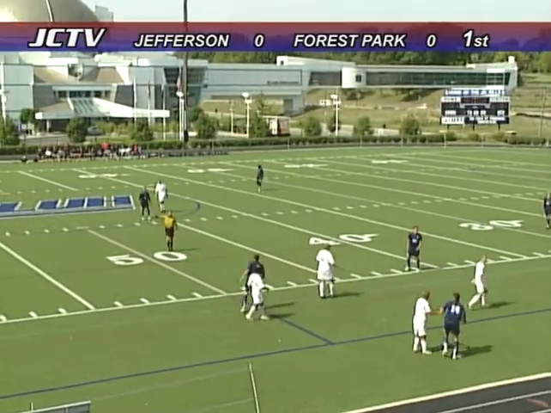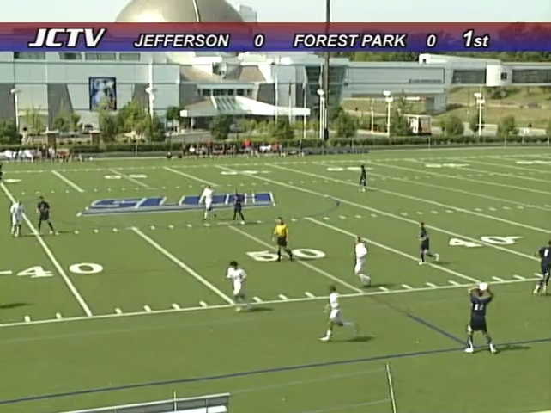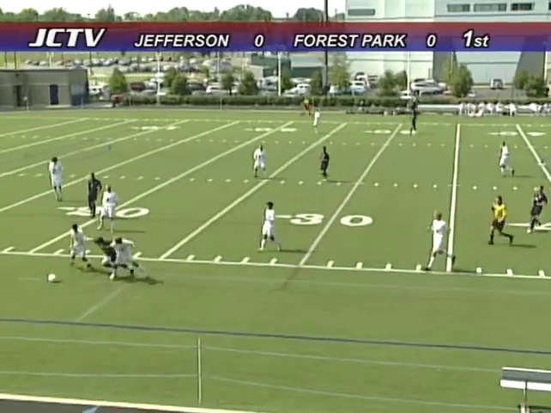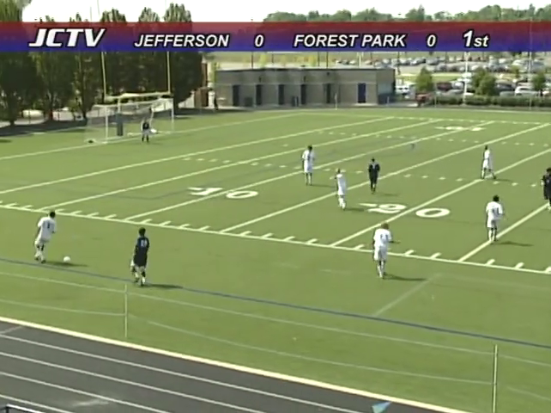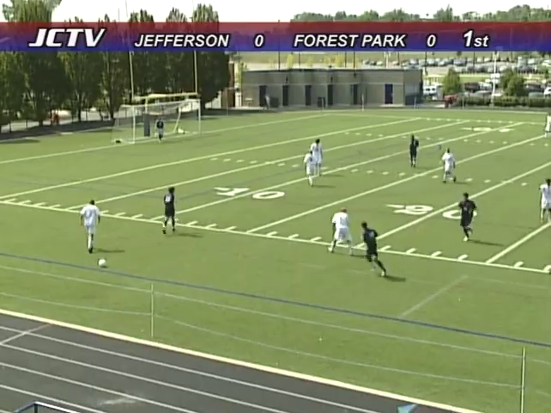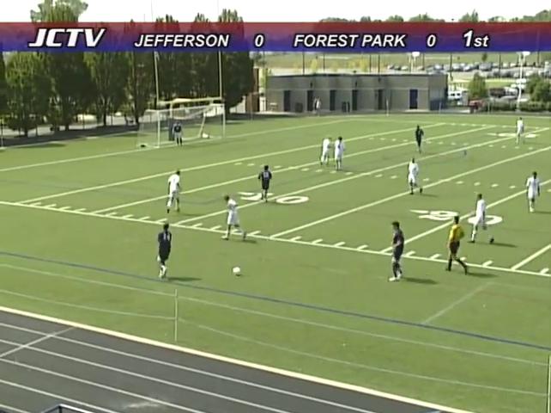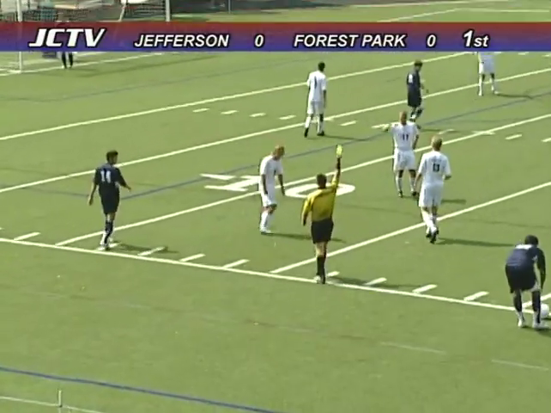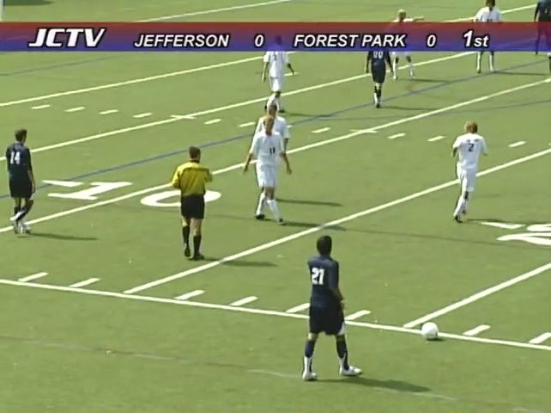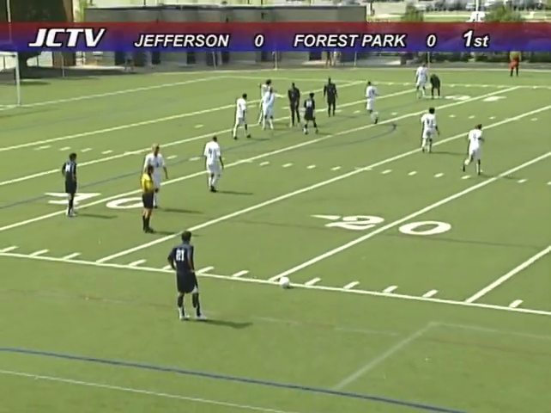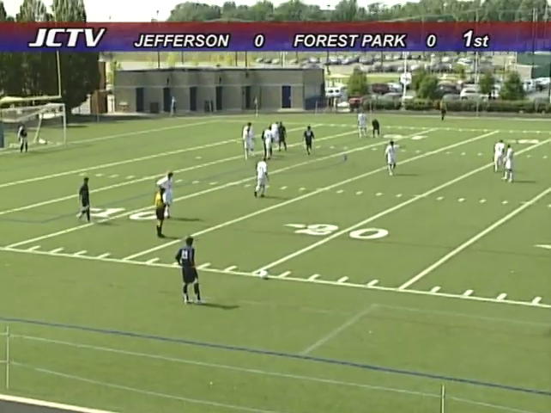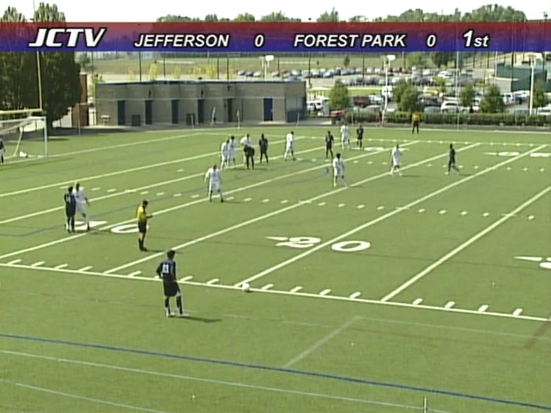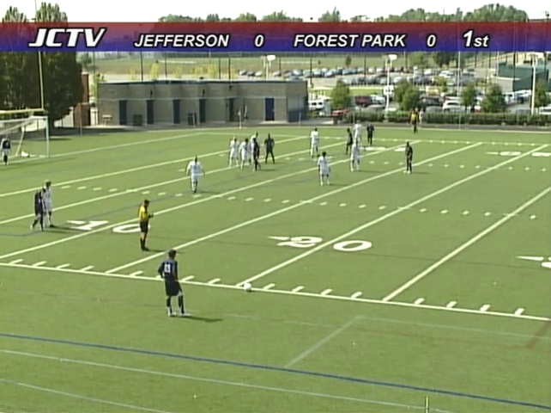Hassan Ibrahim will have the throw-in for the Vikings. Jesus Jimenez being double teamed, foul. Jesus Jimenez will have a free kick at around the 20-yard mark. 30 yards from goal, and this is a decent opportunity for the Vikings to get off to a good start. This will probably most likely be crossed into the 6-yard box, but it is close enough for a direct kick. There is a one-man wall for Forest Park,